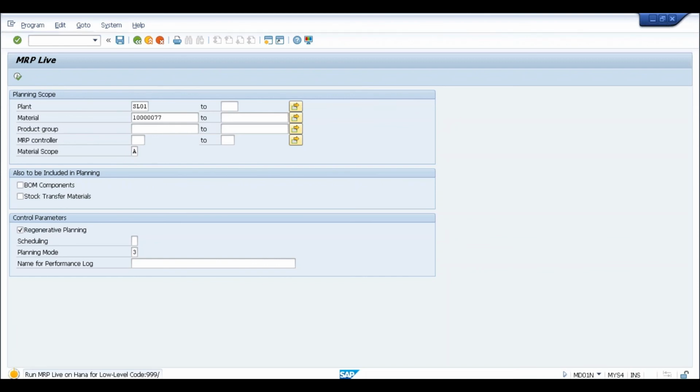No, it has still not come. It is still working. Still running? Okay. I didn't see how much time the other one took. But the reason why it is taking time is MRP Live requires some setup time. It is in seconds.